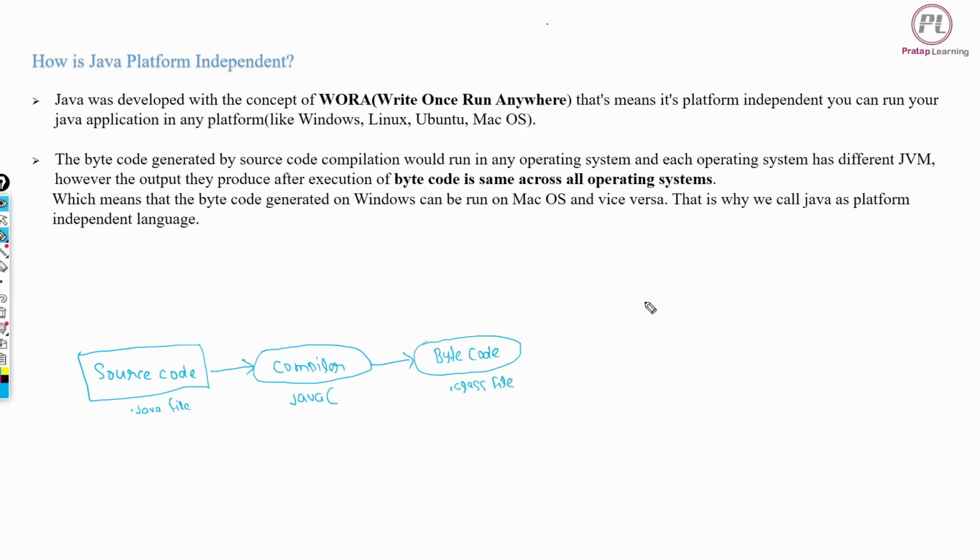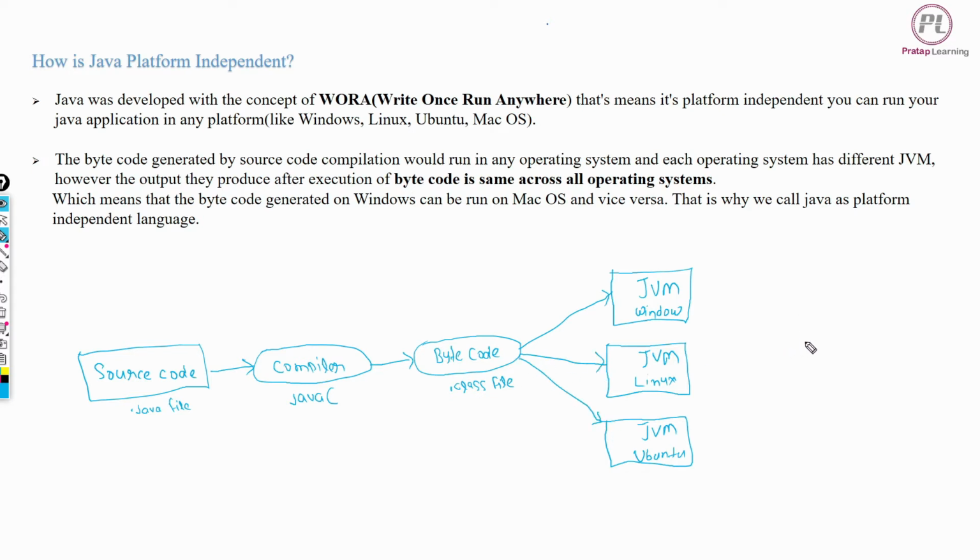These are the JVMs: first, Windows JVM. Second one is for Linux. And third one is for Mac. So these are the JVM setups for different OS. But here you can see the output is the same for each JVM.